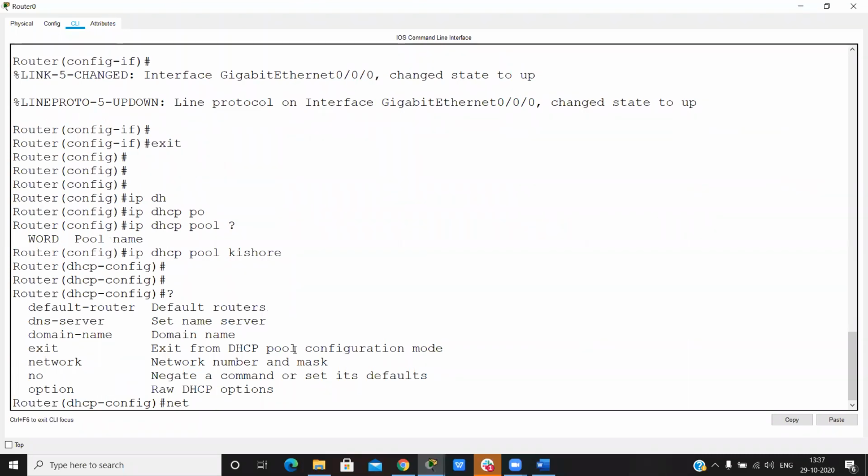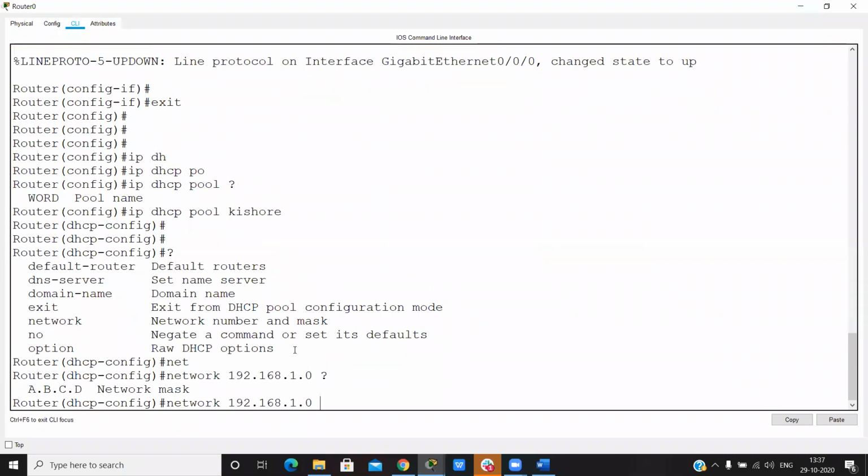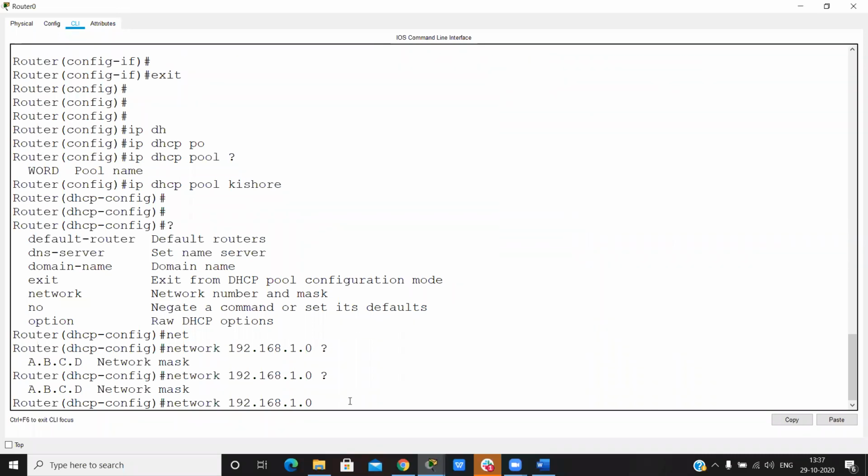Now we give the network, whichever network we want, so 192.168.1.0. And then here we have to give the mask.